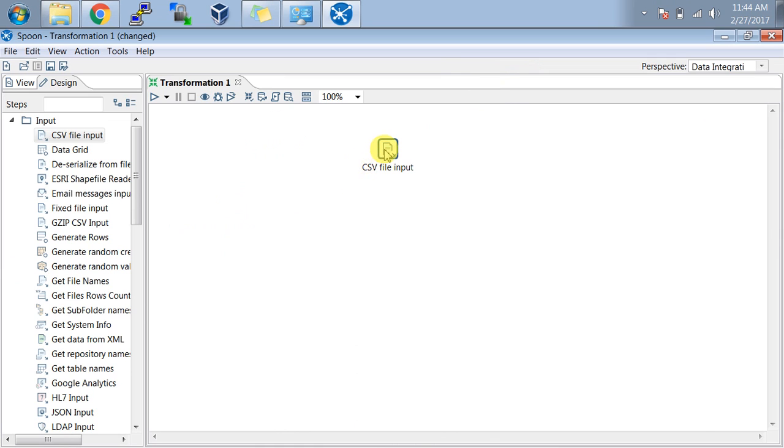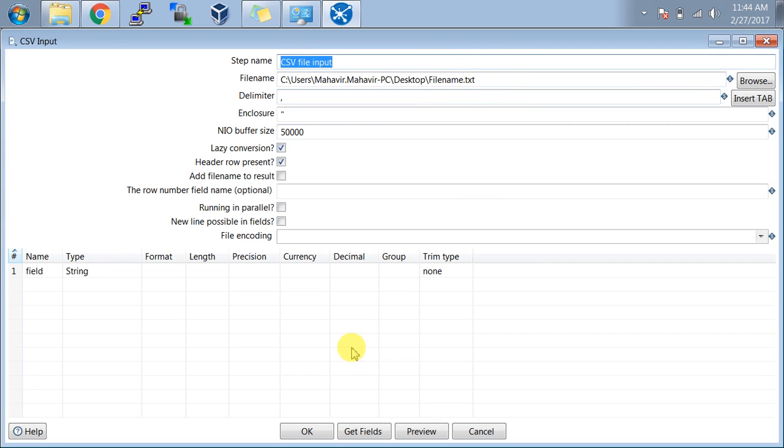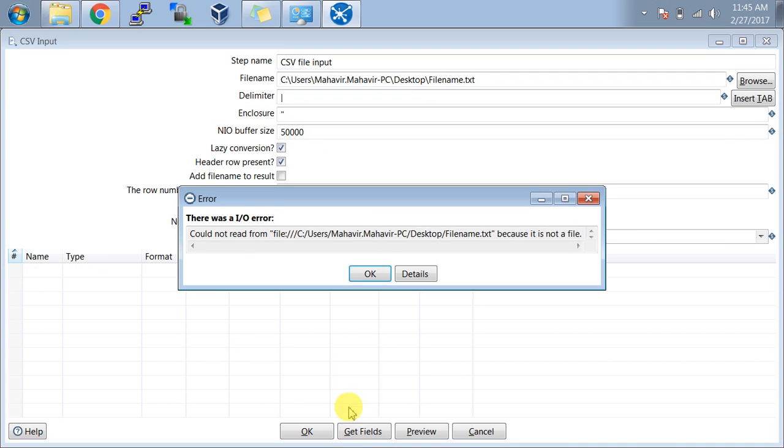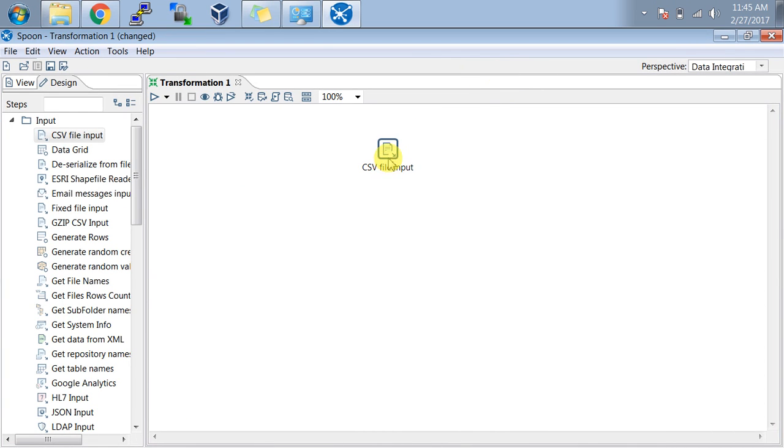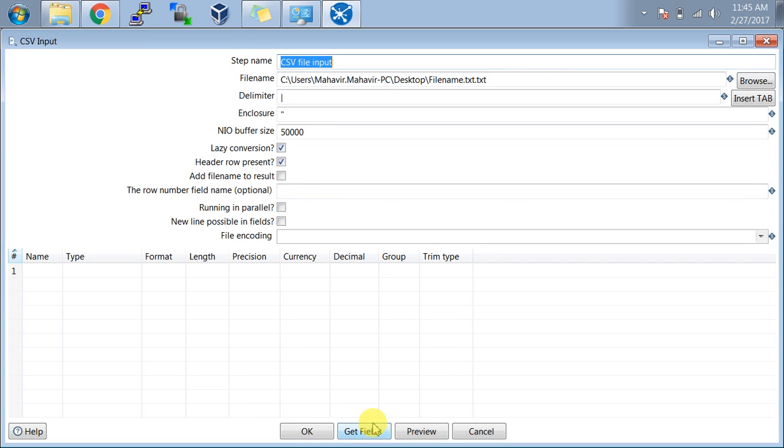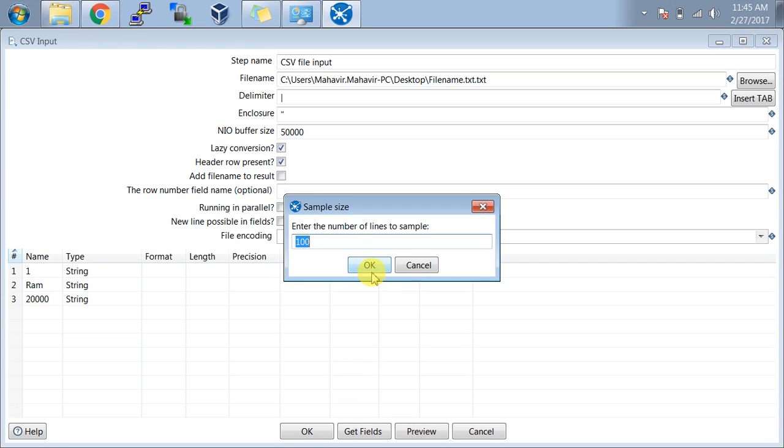Let me specify the delimiter. Here I have used pipe, and then let me check whether I get the fields appropriately as per the delimiter. Oh, file not found. I think it is saved as txt.txt. Okay, now get fields will show me all the fields.